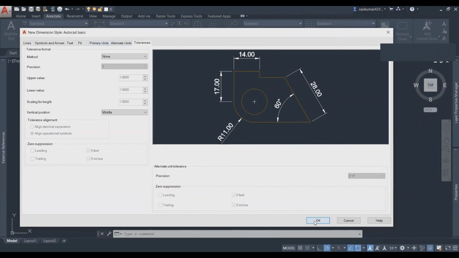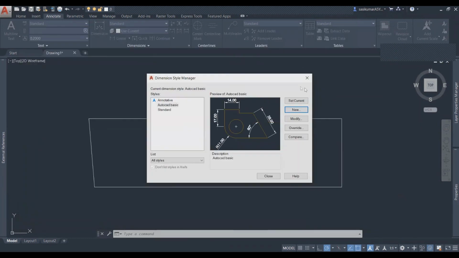Once you set up everything, say okay, then everything comes to your main style manager. After that you have to do set current. If you do set current, then automatically it will reflect in your drawing after you close.